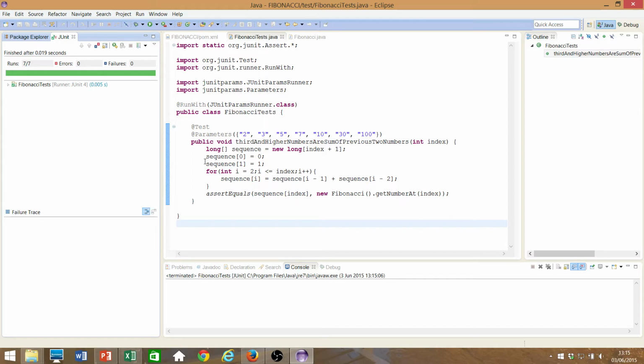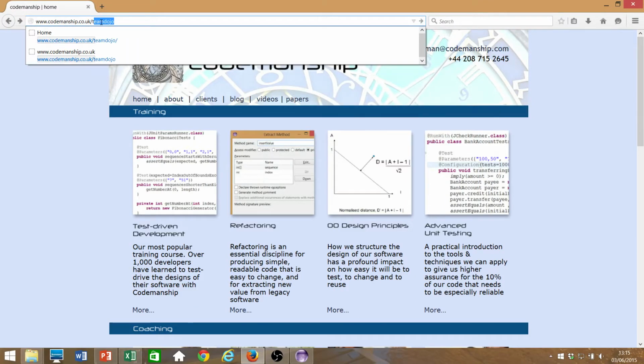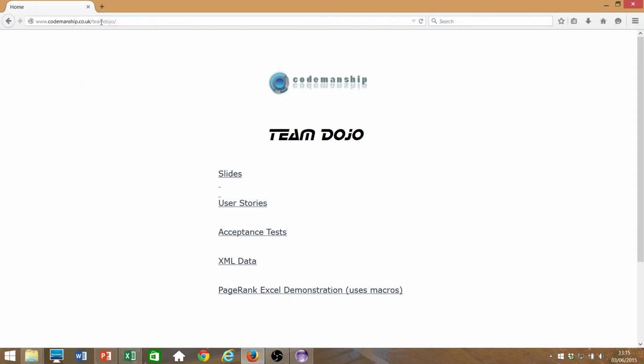an exercise for development teams that I highly recommend you have a crack at, actually, but that's not the point of this screencast. If we go and take a look on the Codemanship website, there's a hidden page. If you navigate to a Team Dojo section, codemanship.co.uk/Team Dojo, this hidden page comes up with a whole bunch of resources for this team exercise, which is designed